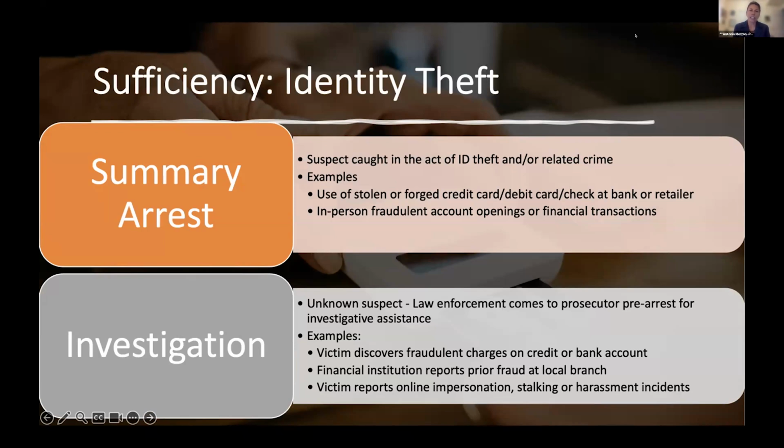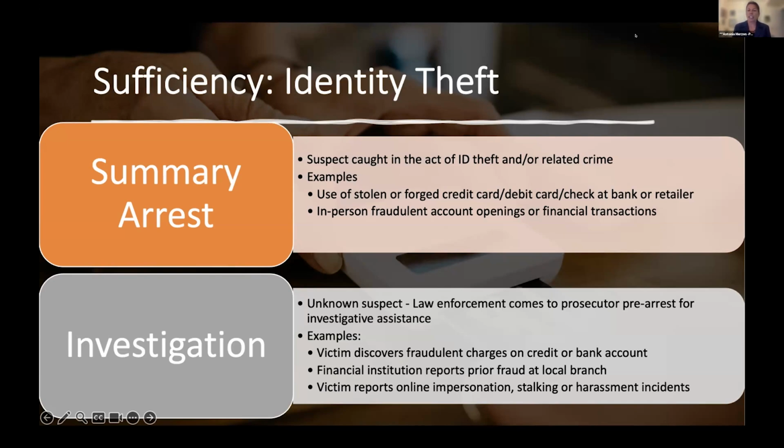There's another way these cases frequently come in too, unlike most other street crime type cases, which is the pre-arrest scenario. And as you well know, many of these cases are not discovered until after the crime is committed. The victim finds out there was a transaction on their account or an account opened in their identity. And there's also a subset of these cases that involve domestic violence or stalking situations, but result in similar charges of identity theft or misuse of personal information for different types of frauds.